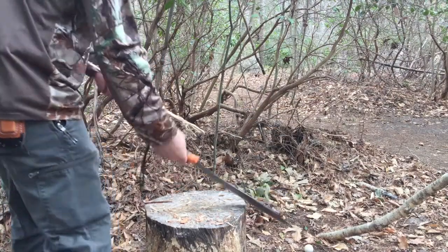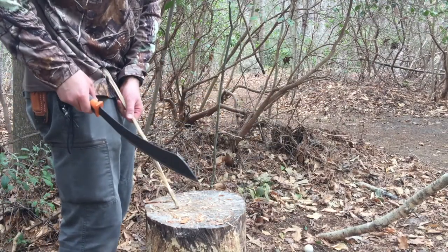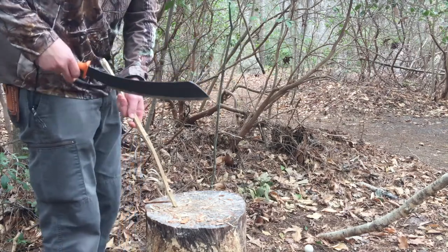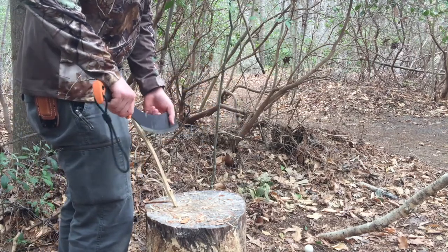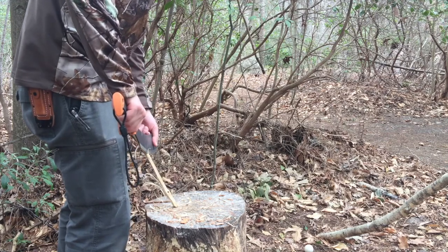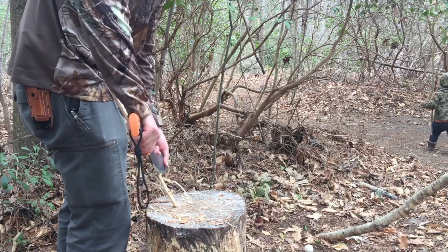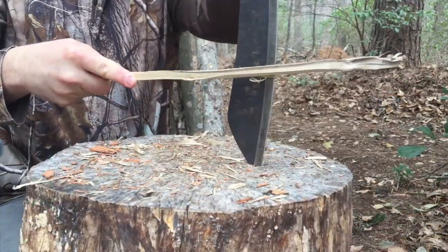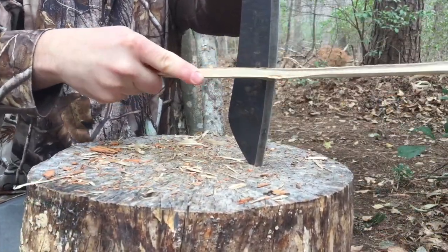All right, so I backed it out a little so you can see what I'm doing. All I'm doing is taking my piece and tucking it up underneath my belt loop, underneath my belt right here. And just working those pieces down. I'm not real good at doing this technique, but